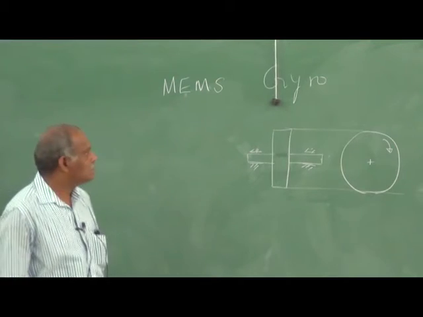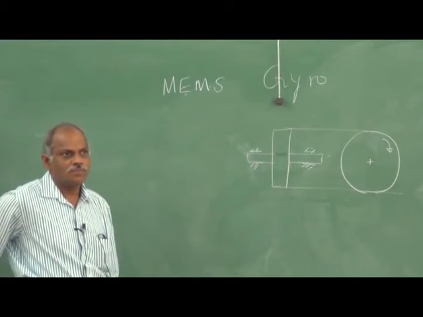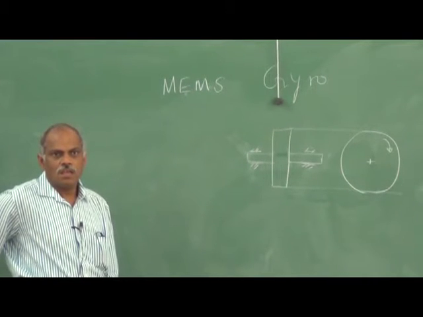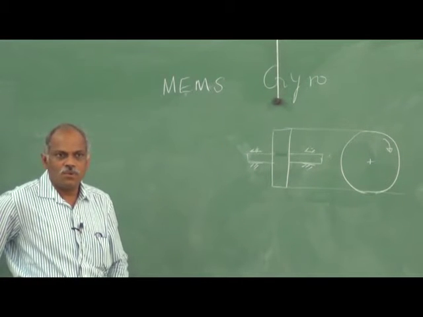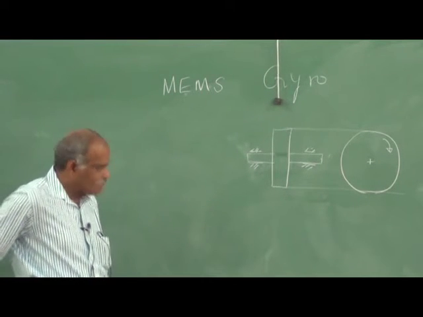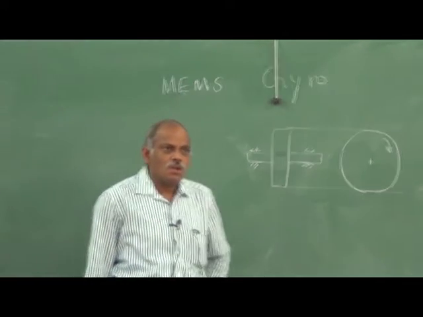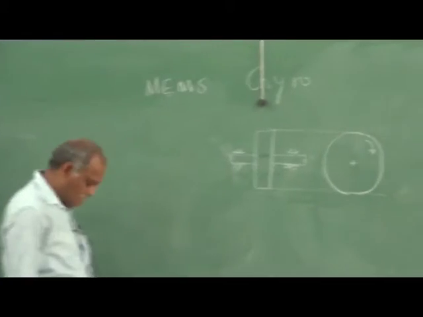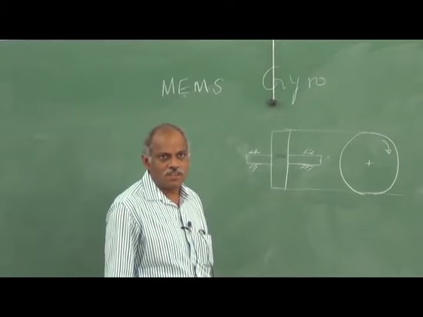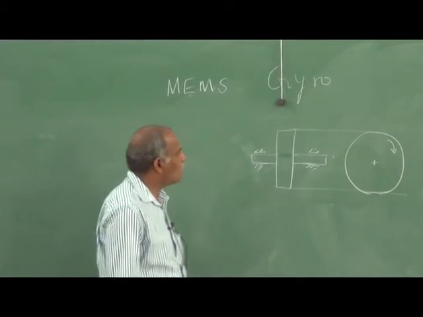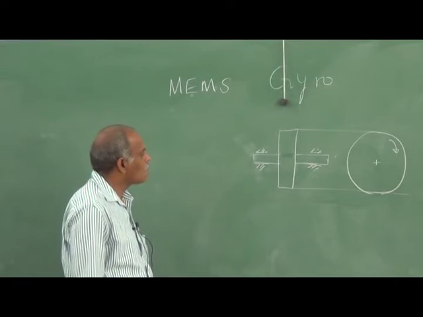So in this class, we will discuss the working principle of a device called a gyroscope, which is basically used for measuring angular velocity. For measuring angular velocities, an instrument or device called a gyroscope is used. What is the gyroscope? You will study it in detail in the next semester.